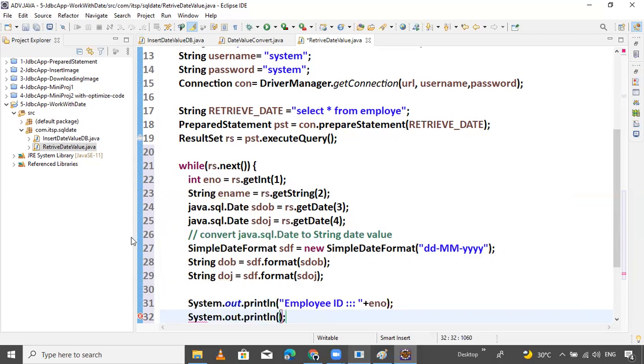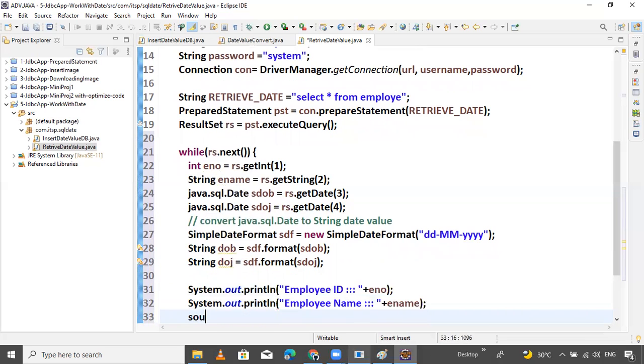Now S out: employee name plus ename. S out: employee date of birth plus the date of birth.